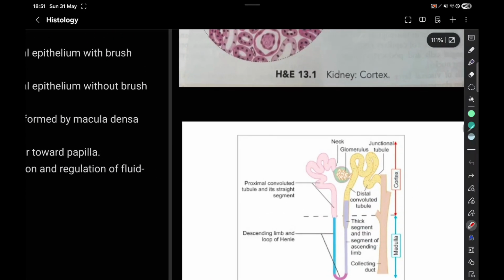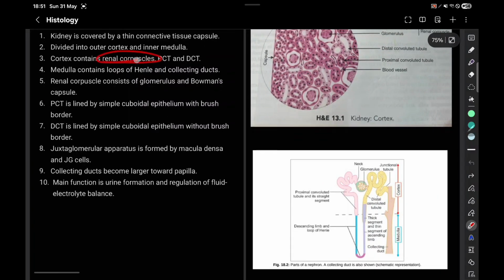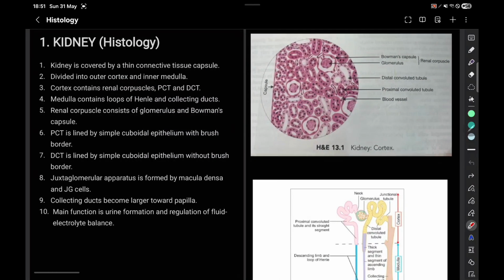Look at this image. Till here we have our cortex. And this cortex contains PCT, DCT and the renal corpuscle. The renal corpuscle is made up of the Bowman's capsule and the glomerulus. Together they are called as renal corpuscle. So the cortex is made up of PCT, renal corpuscle, which is nothing but the Bowman's capsule plus the glomerulus,